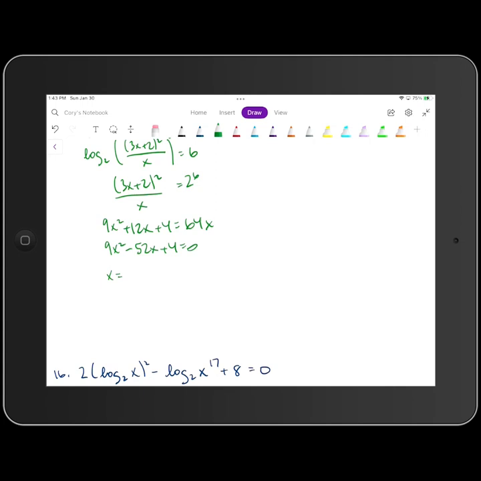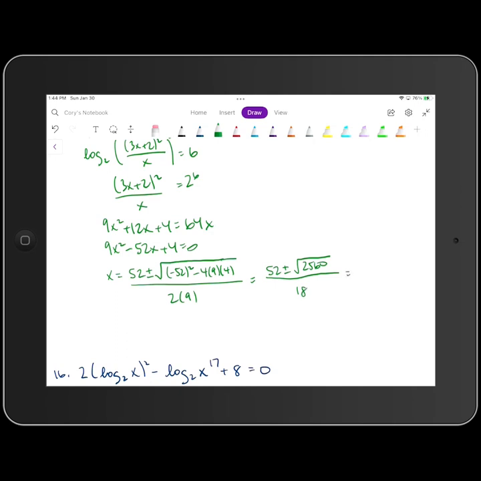So x is going to be equal to 52 plus or minus the square root of negative 52 squared minus 4 times a, which is 9, times c, which is 4, all over 2 times a, which is 9. So this winds up becoming 52 plus or minus rad 2560 all over 18,